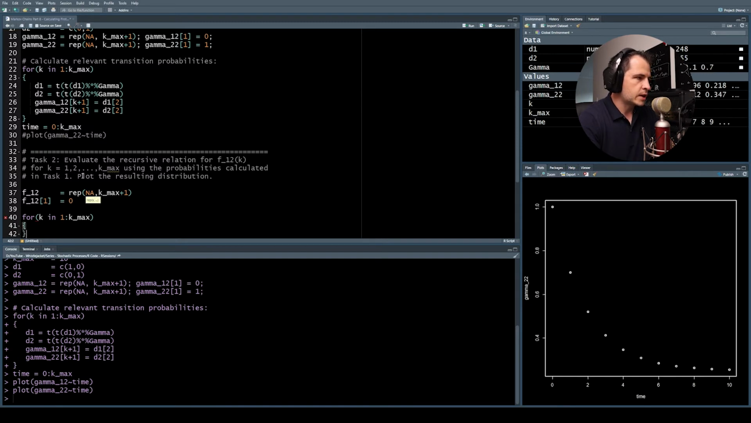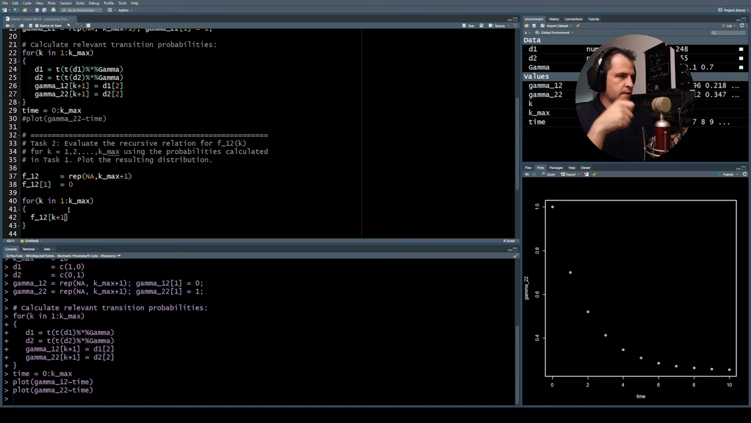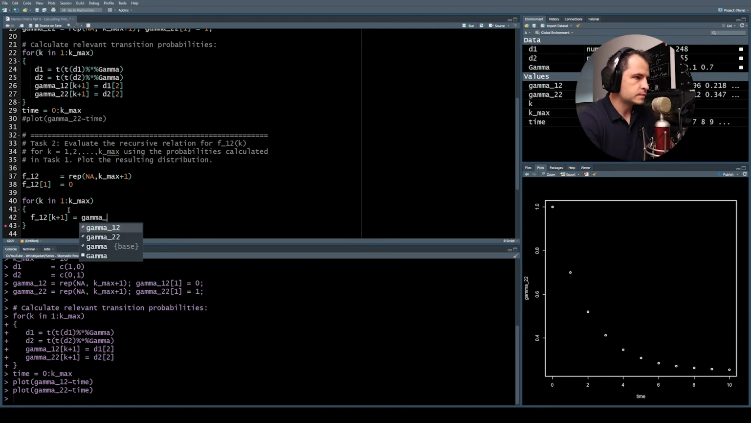Do the following calculation, right? And what does our calculation look like? Okay, so, f12 at k plus 1. Remember, k corresponds to time here, but the index in the vector is 1 up from that, so that's where we store that. So f12 k plus 1 is just going to be equal to what? Well, it's going to be gamma 1, 2, k plus 1